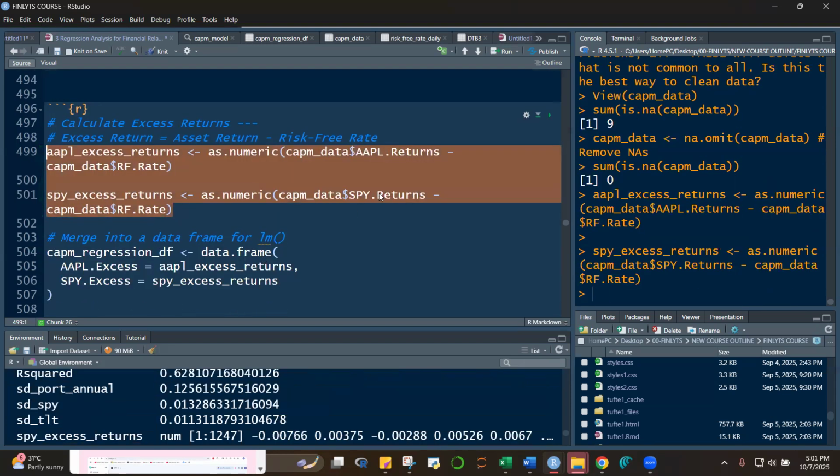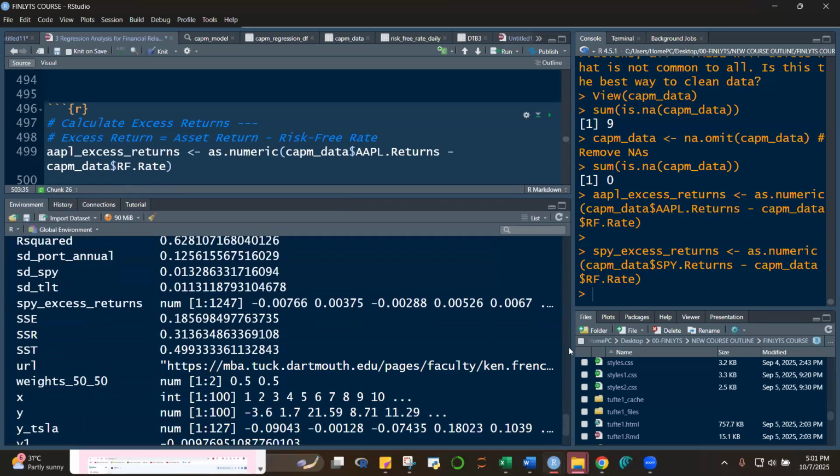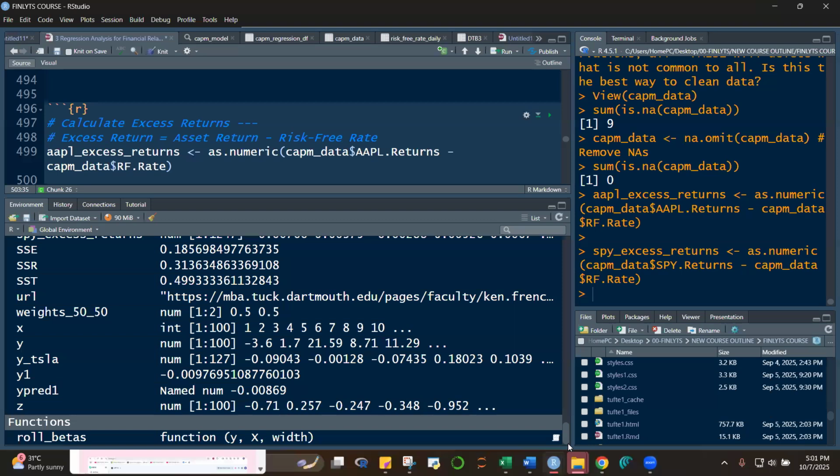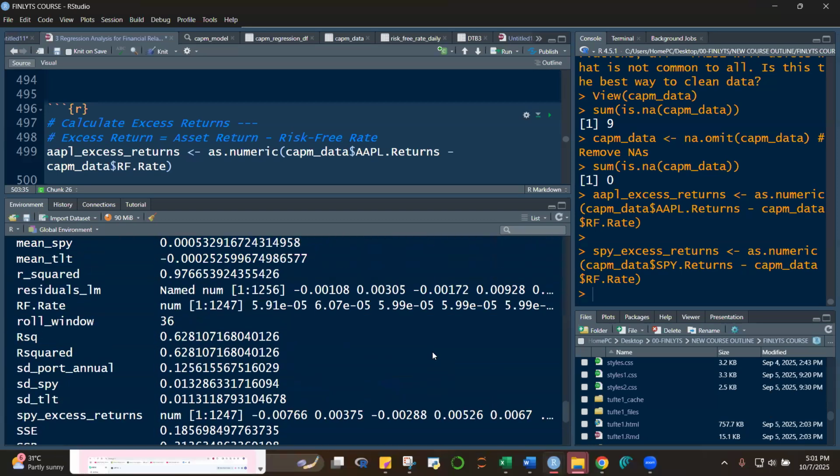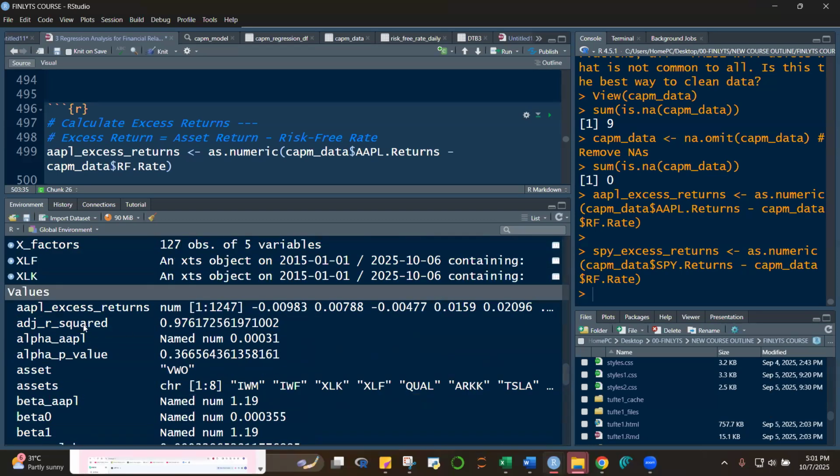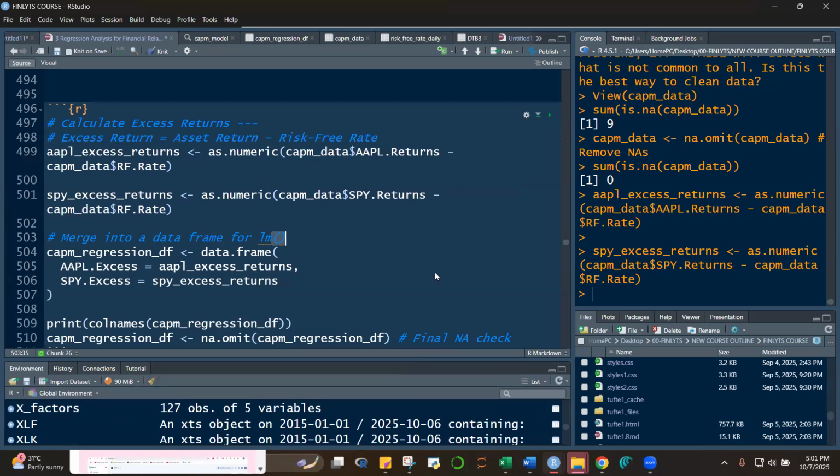If you check the class of Apple excess returns, it will be not in data, but rather in values. So it's a vector. It has no rows or columns, it's just an array of numbers of the returns of Apple minus